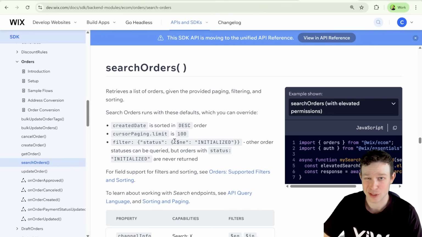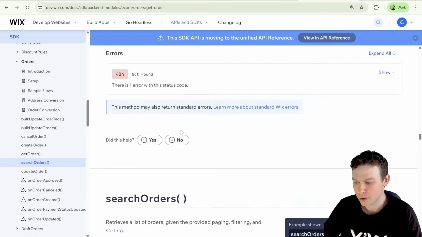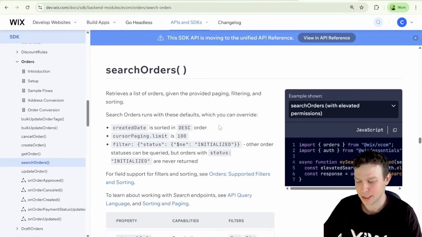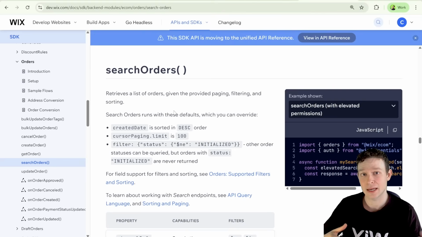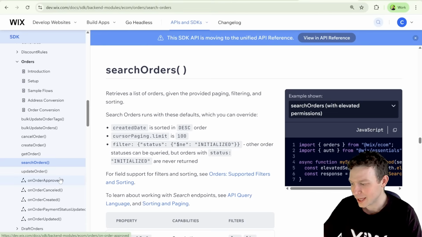is the Search Orders API. This is a little more complex, and I'm not going to be hopping into it today, but theoretically this would allow you to retrieve a large amount of orders, and then you could process data in bulk, essentially, using all of the data that you got back from those orders. What I do want to talk about is another thing which I think is even more useful, and that is